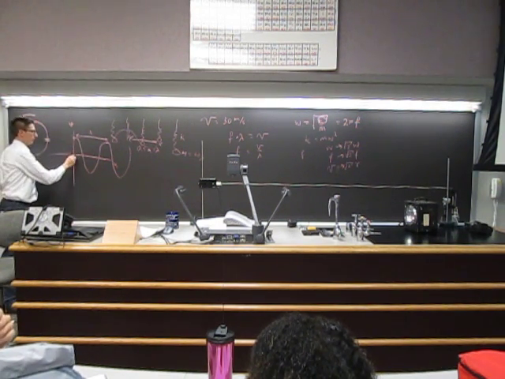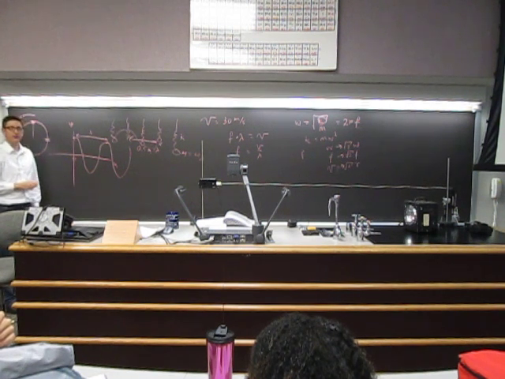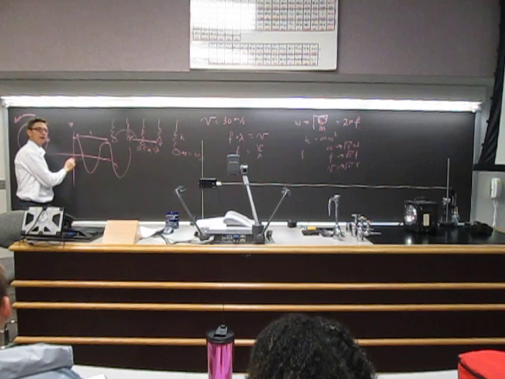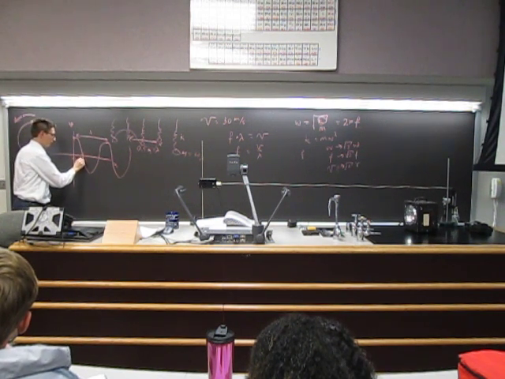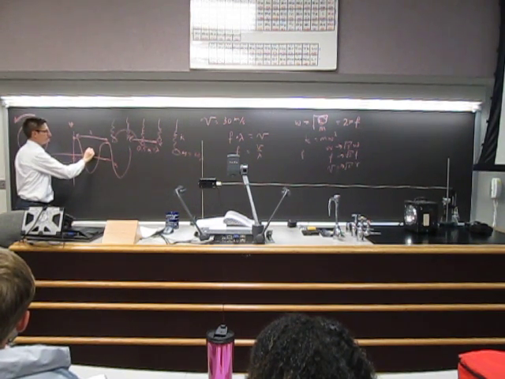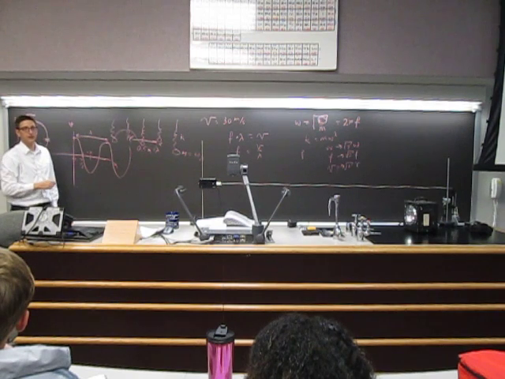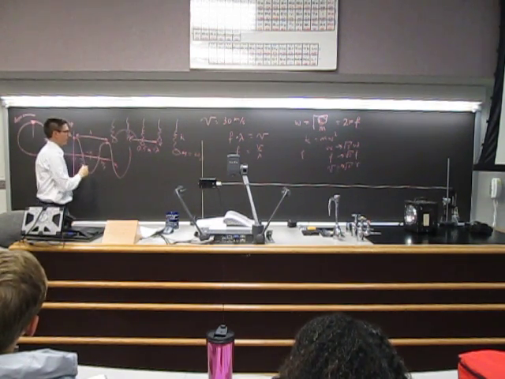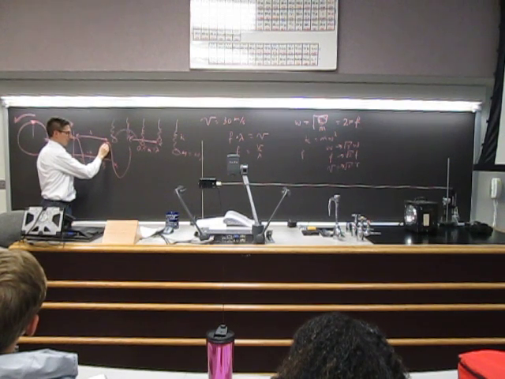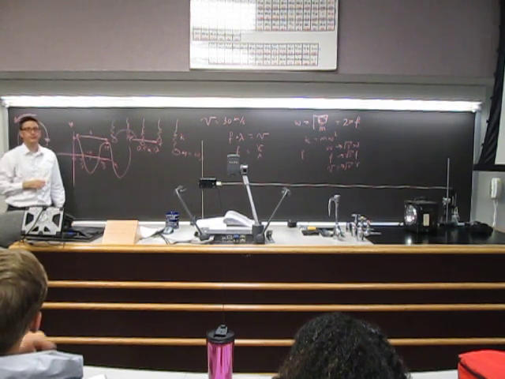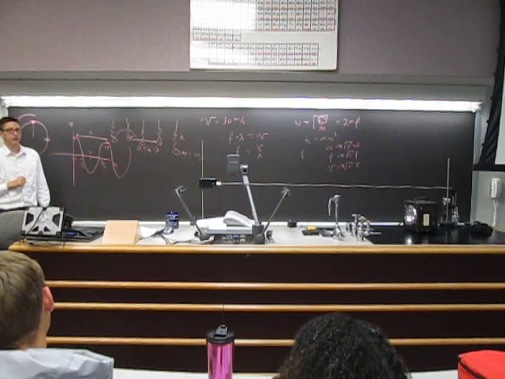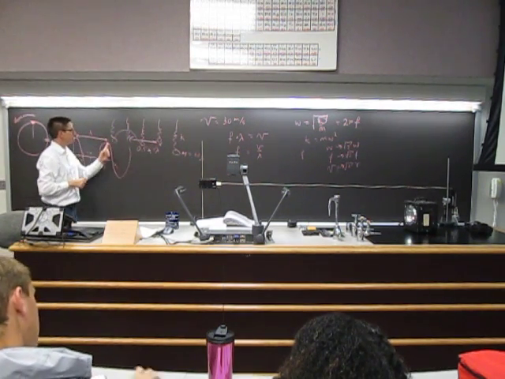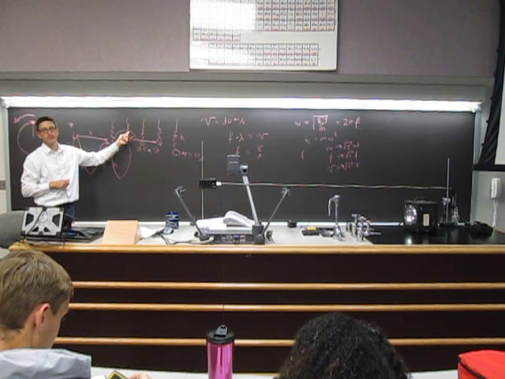So here would be 0. The phase is 0. Here, phase is 90 degrees, or pi over 2. Here the phase is pi. Here the phase is 3 pi over 2. Here the phase is 2 pi. Okay? So if I kind of think of this as an oscillator, the phase difference between this and this thing,